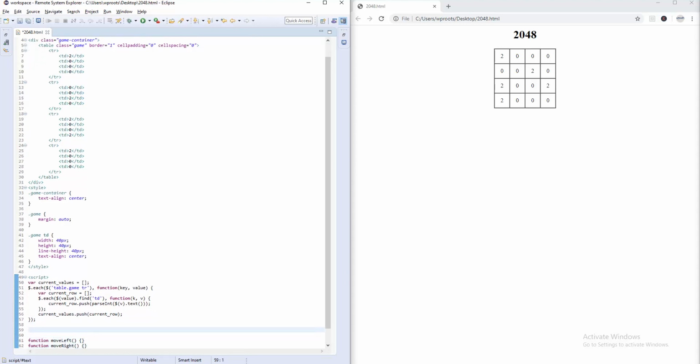Now we need a way to know that the keys were pressed. So we need to know that the up, down, left and right arrows were pressed, and for that we're going to bind to document the onKeyDown function. So on document dot key down function e, and we're going to use var key code equals e dot key code, e dot which,